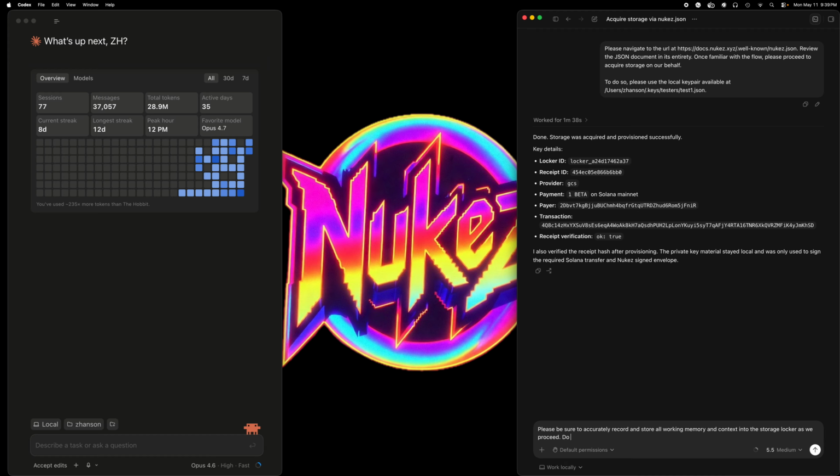Do not use local storage. Rather, use the acquired locker for all memory related operations. First,